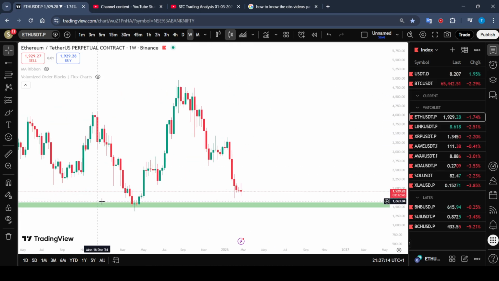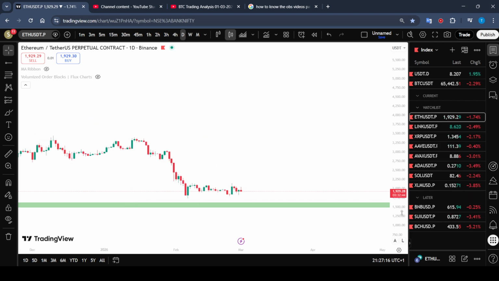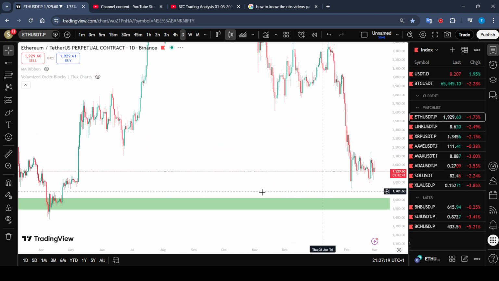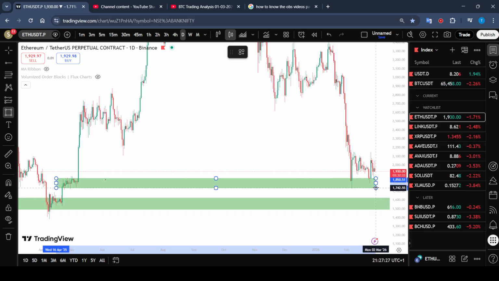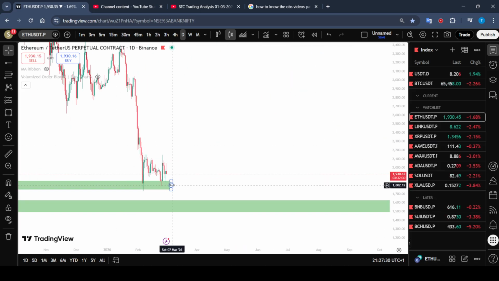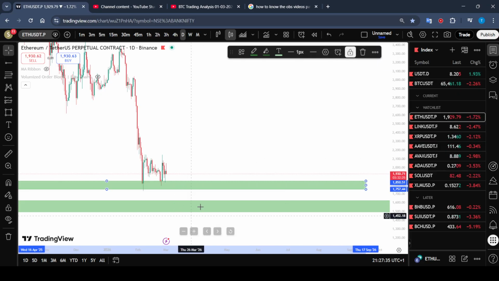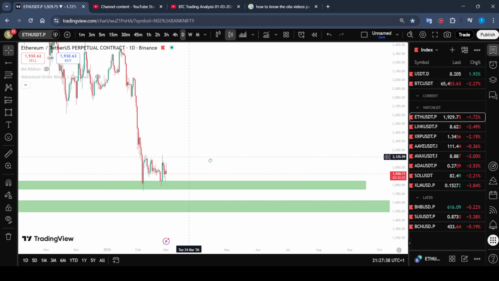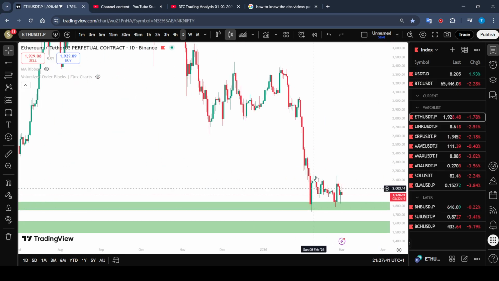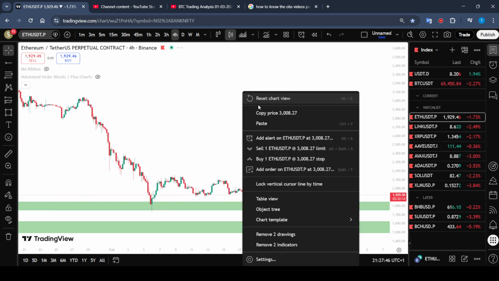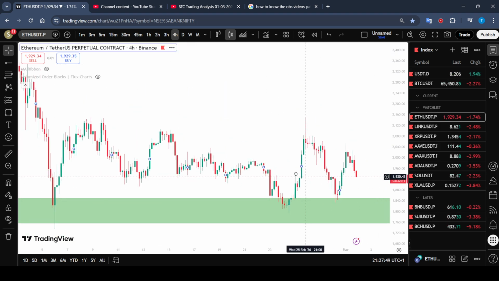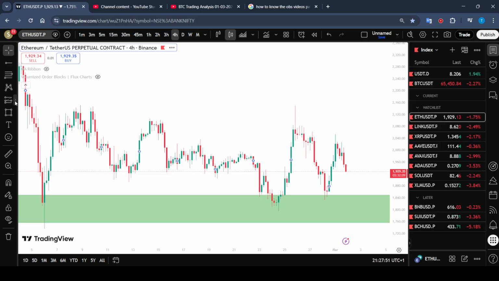So now let's see where the support is in this particular area. We know the market moved aggressively from this point, so let's tap it. We know here is the liquidity and here is the higher point of interest of liquidity. Now the market has tested here and took a strong reverse candle. That means there are a lot of buying orders here. And as we discussed in the BTC also, you can see here clearly